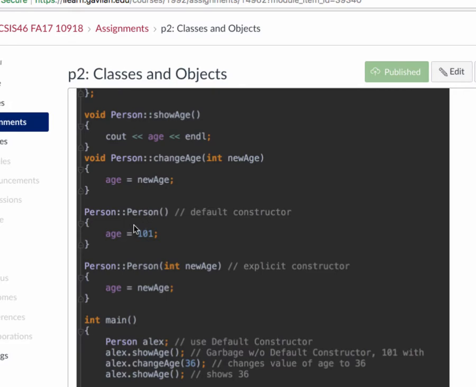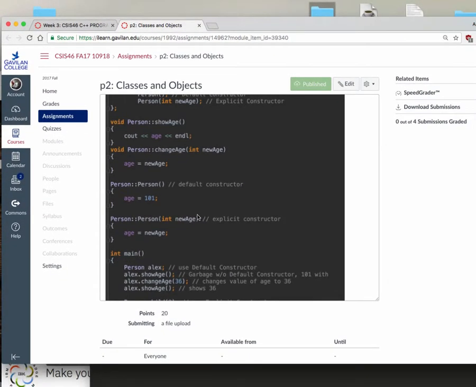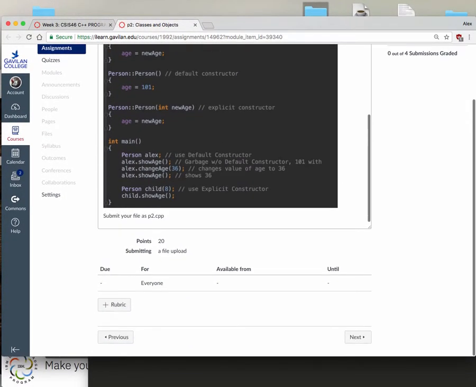Right. In here we have a person that only makes the age equal to 101, and allows you to set an initial age. You could expand the constructor just like I showed you with the clown to include also the weight. So use the clown example that I just showed you, the lecture notes from before. That's one. And then the other one,